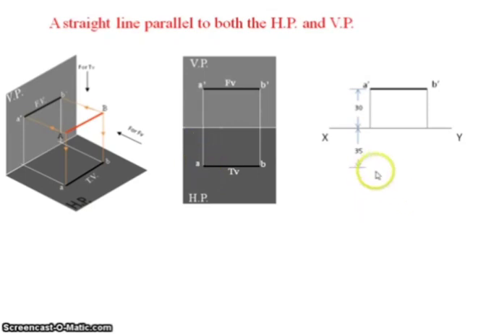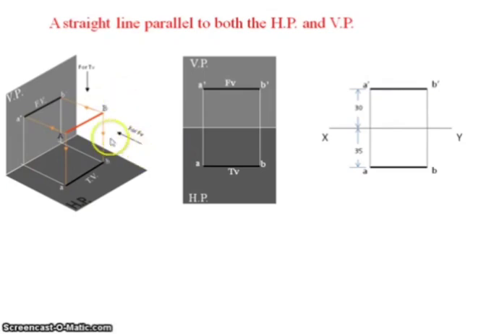Next draw the two projection lines, then join them. So this is the final top view in this case, and I am giving the name as A, B. Here the straight line is parallel to both planes, the horizontal plane and the vertical plane. So in this condition we can see the true length of the straight line in both views, front view and top view. And when you go for the side view, we get a dot.